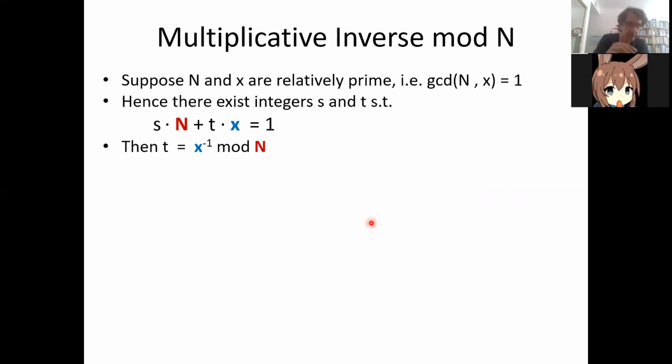Now, why do we need these extra coefficients? These coefficients give us the multiplicative inverse. The Euclidean algorithm tests that a number is coprime with the modulus, and therefore a multiplicative inverse of it will exist. But what is it? That is actually given by the extended Euclidean algorithm. So if my modulus is n, and I have some number mod n, between 1 and n minus 1, that I know is coprime with the modulus,